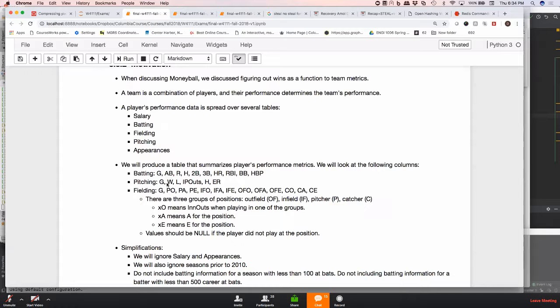Pitching: games they pitched, wins, losses. For how many outs were they a pitcher? How many hits did they give up, and how many earned runs did they give up? And then fielding, the tricky thing on fielding is